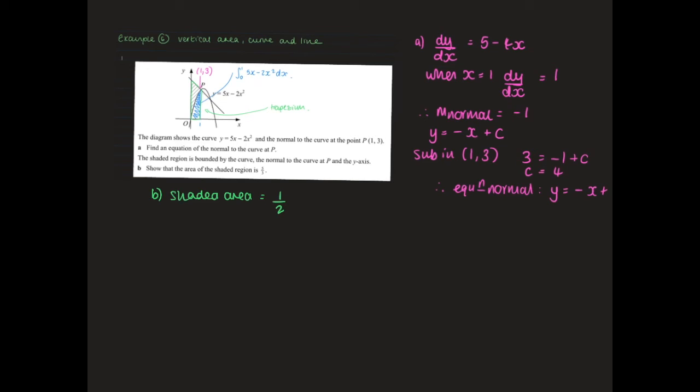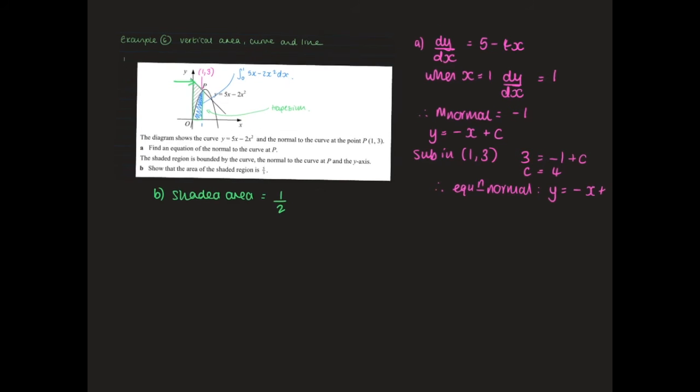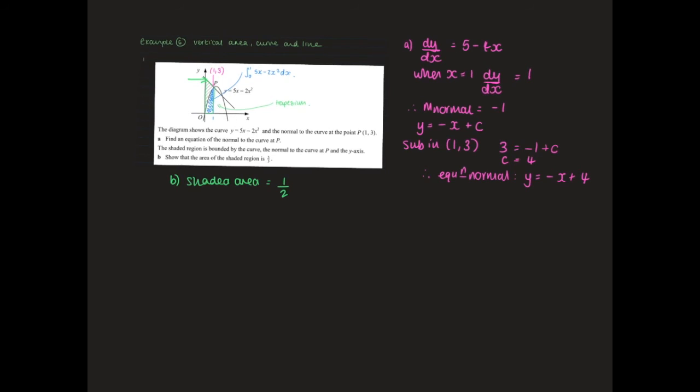If I think about what my parallel parts of my trapezium are, I know that this y-coordinate here has to be 4 because of the equation of the normal curve, and I know that this y-coordinate is 3 because of my point P. So I know I've got a half of 4 plus 3 because those are the lengths of my parallel lines, and then I know this is 1, so times 1 for the perpendicular height of my trapezium,